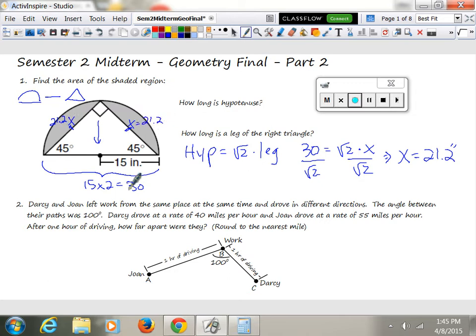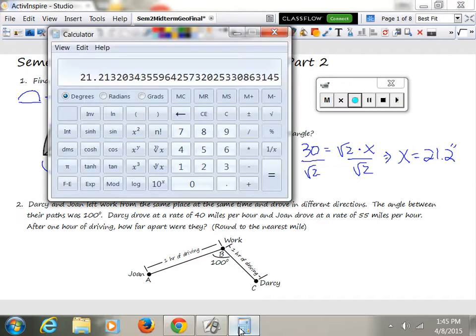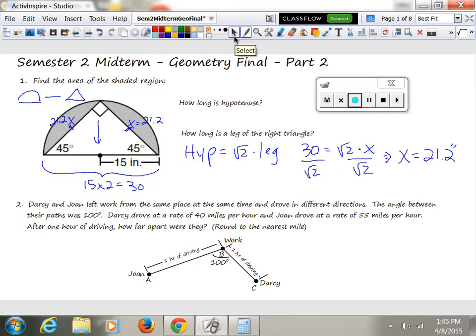So you're going to do 21.2 times 21.2, base times height, and then divide it by 2 for a triangle. So 21.2 times 21.2, and then divided by 2 for a triangle. So that's 224.72. So the triangle is 224.72. That was just my base times my height divided by 2. B times h over 2 is my triangle